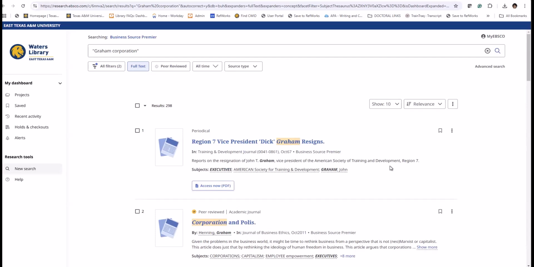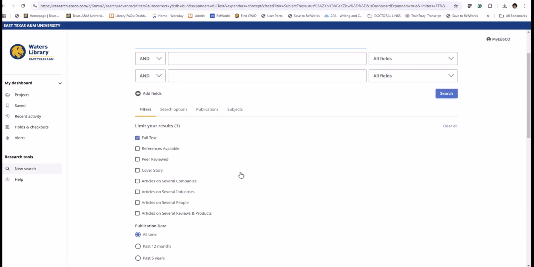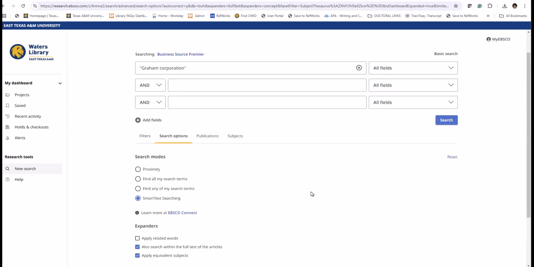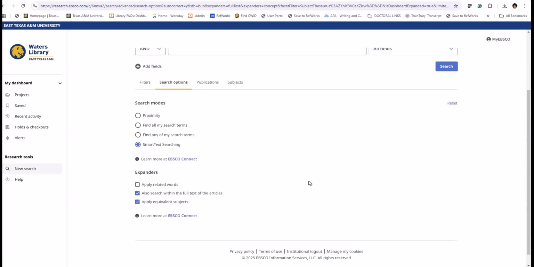So anyway, now, because I added AI, it gives me some irrelevant results, and I don't like them. I'm going to go back. I just want to show you all the trials and errors. So this time, I go back to search options, and now I go back to proximity.